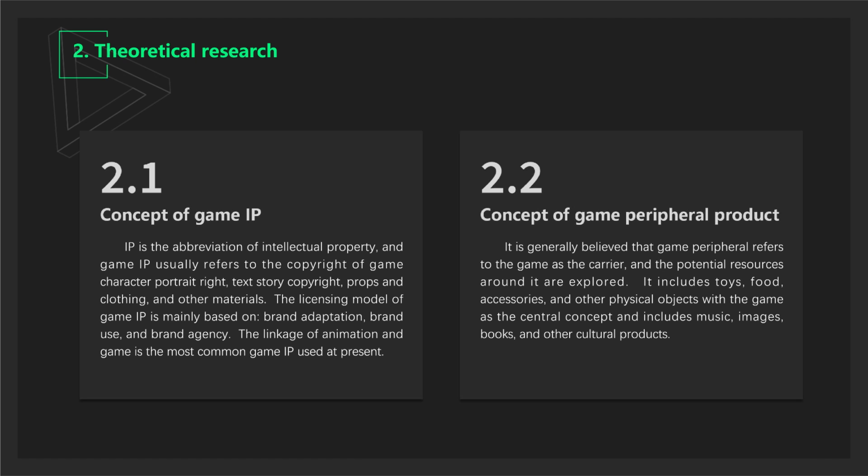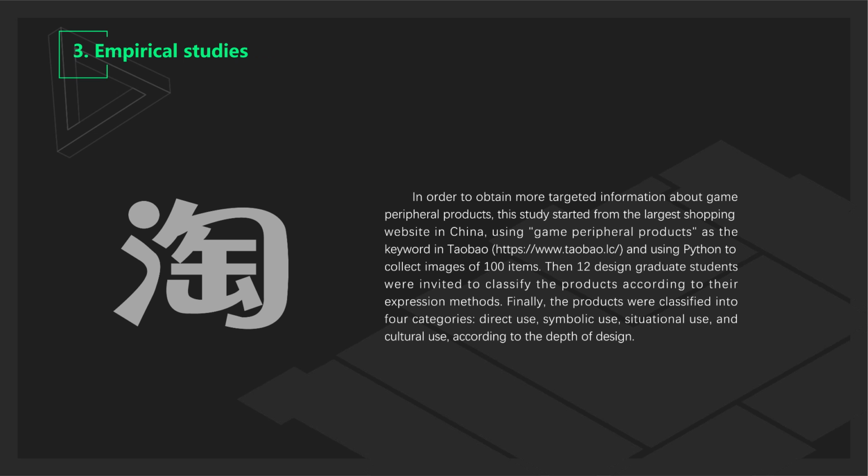IP is the abbreviation of intellectual property, and game IP usually refers to the copyright of game characters, property rights, text and story copyright, props and clothing, and other materials. It's generally believed that game peripheral refers to the game as a core, and the application results around it are explored. In order to obtain more targeted information about game peripheral products, this study starts from the largest shopping website